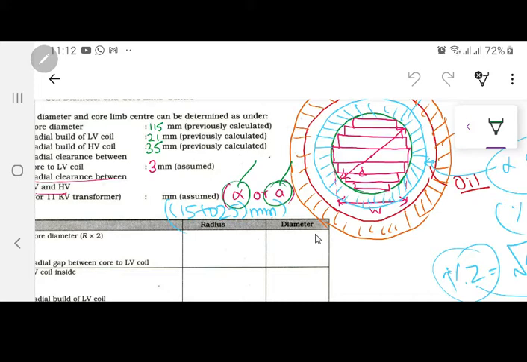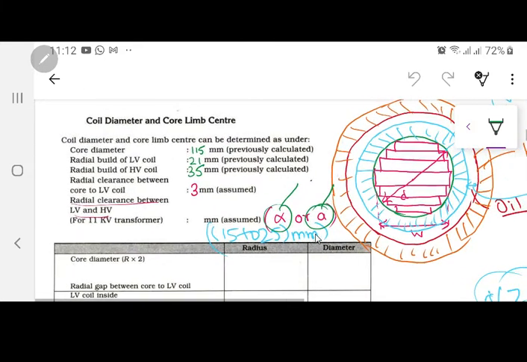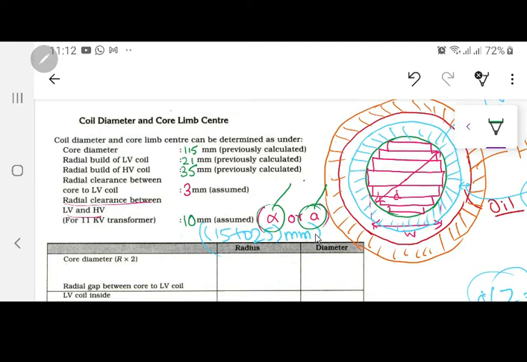Now, since this is coming from another book, Indrajit Das Gupta, he has taken a distance of just 10 mm in this one. It's totally up to you. You can take 15 mm, 12 mm, 13 mm, totally up to you. Indrajit Das Gupta has 3 or 4 chapters. The first chapter, which we are doing at present, designs a 100 kVA transformer. The next chapter is a 630 kVA transformer, and the next one is a 1000 kVA transformer. So he goes from a very small transformer to a very big transformer.